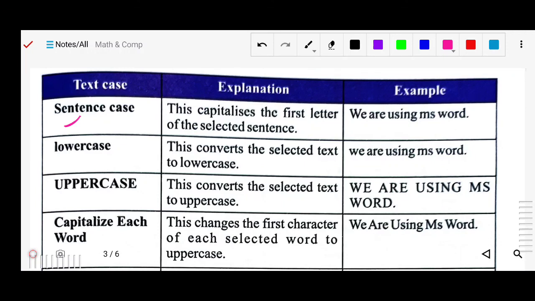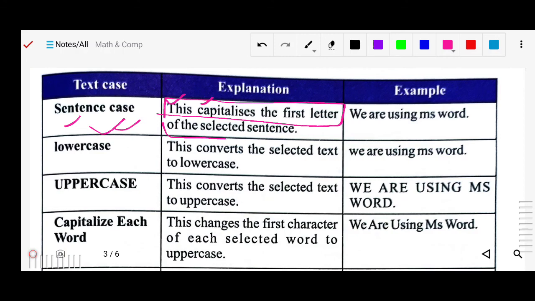Sentence case capitalizes the first letter of the selected sentence. If you have selected this whole sentence, the first letter of this sentence will be capitalized.